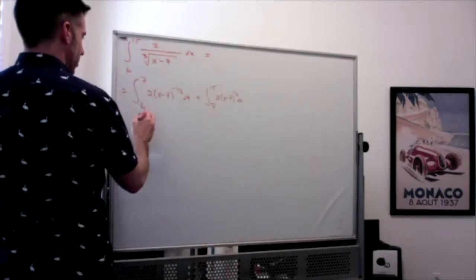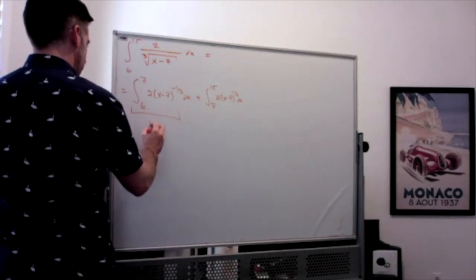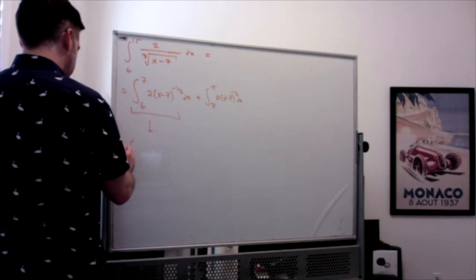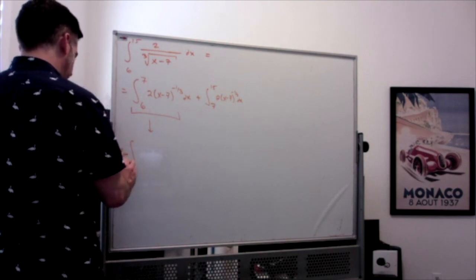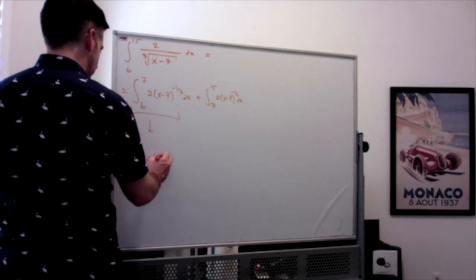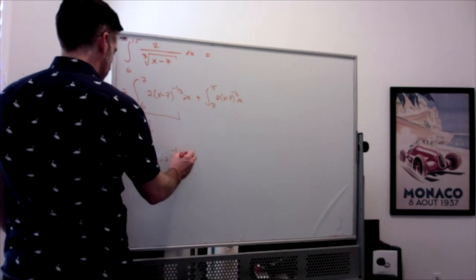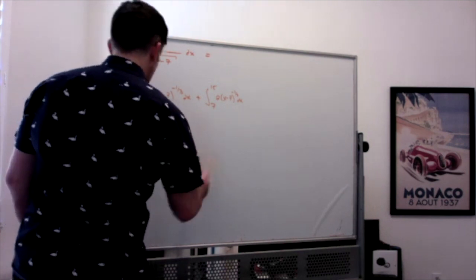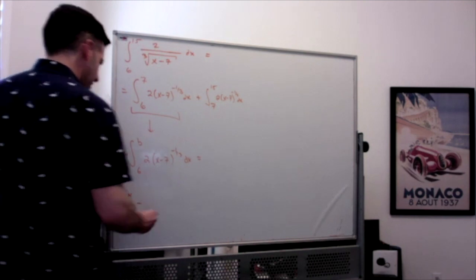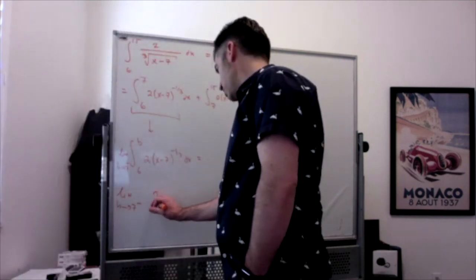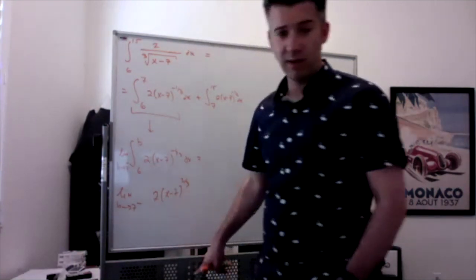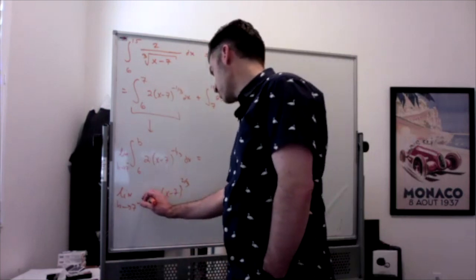So let's do this part first. This is going to be the limit as b goes to 7 from the left of the integral from 6 to b of 2 times (x minus 7) to the minus 1/3 dx. That's going to equal the limit as b approaches 7 from the left. Integrate this, you get 2 times (x minus 7) to the 2/3, divided by 2/3, which is like multiplied by 3/2,